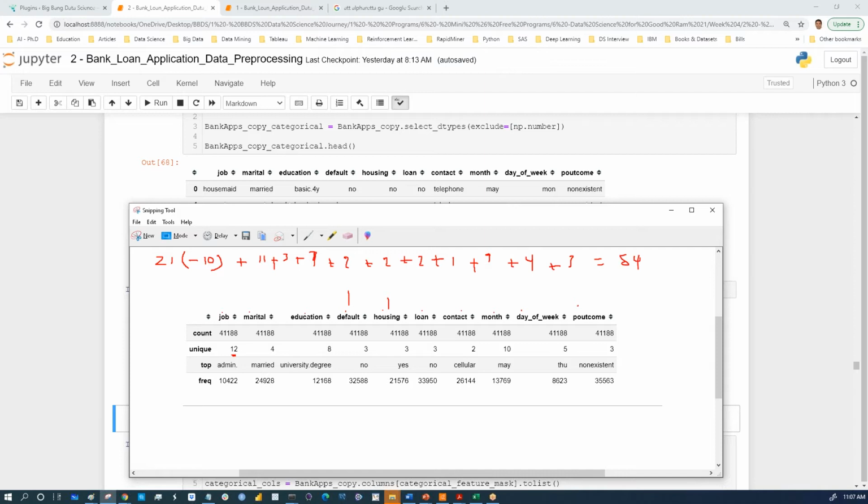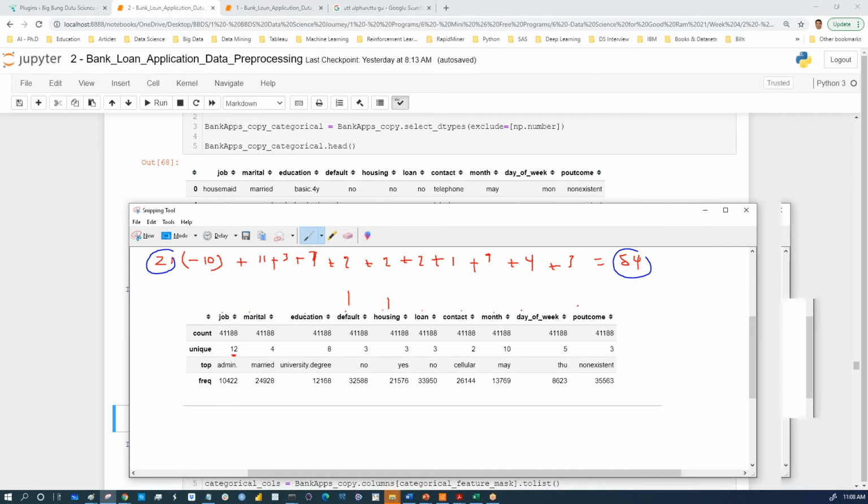So we started with 21 and we end up with 54. If we got 41,000 records, I think we are okay. But if you have, let's say, 500 records, this is not okay. So 41,000 with 54 columns, I think we should be able to handle it. So this is called in data science, please search it, the curse